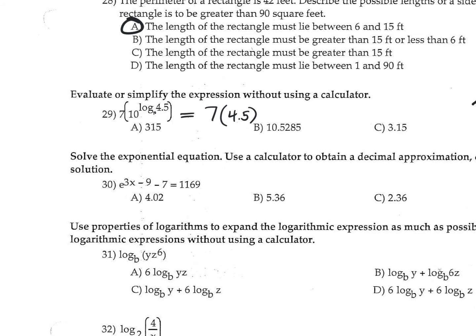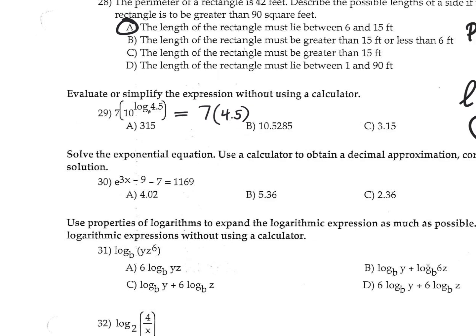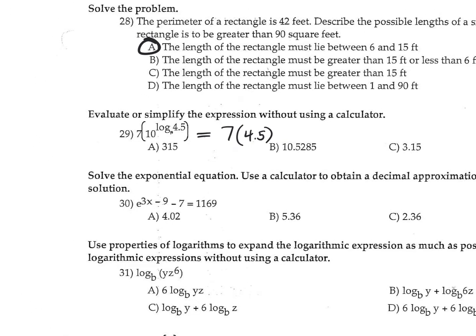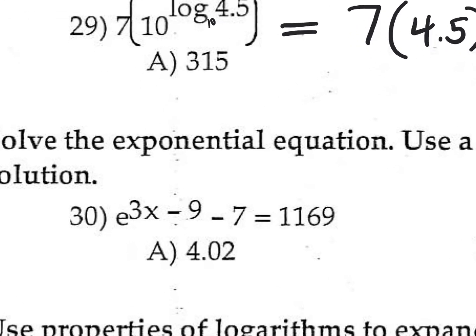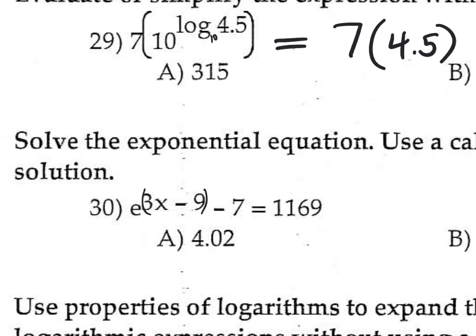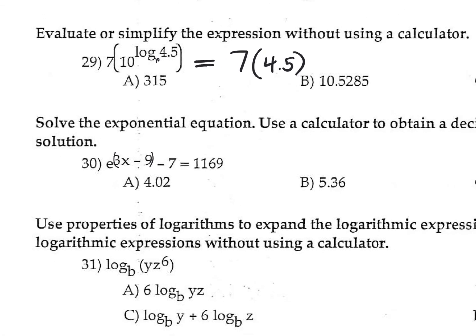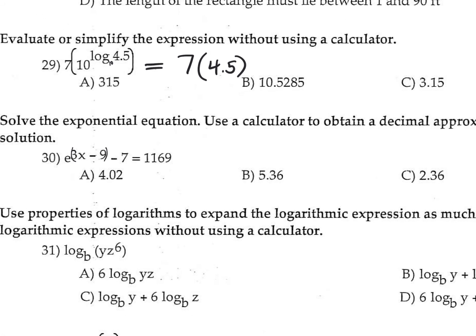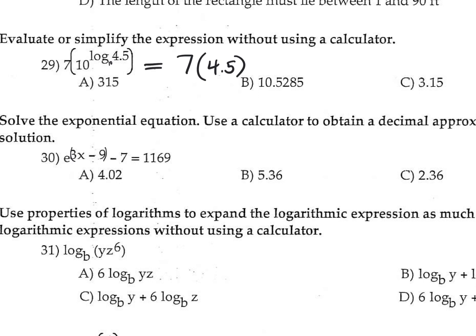Finally, on number 30, we have an exponential equation that we're going to go ahead and solve. Now, they even tell us to use our calculator here. So just so it's clear in this equation, this whole quantity, 3x minus 9, is the exponent, e raised to the 3x minus 9. We're subtracting from that 7, and we want to find when that all equals